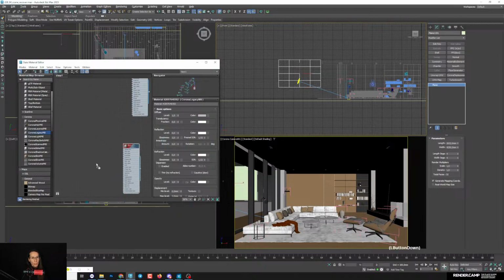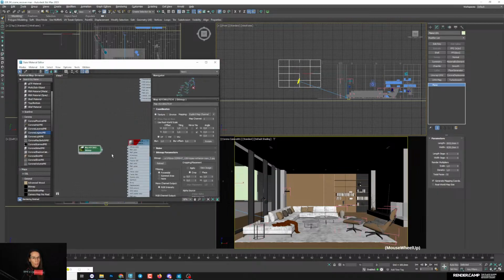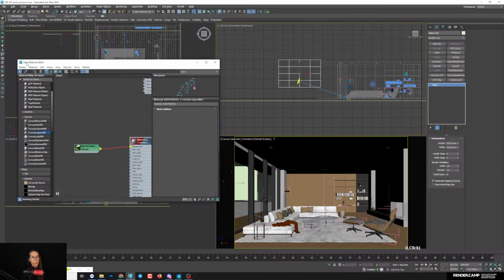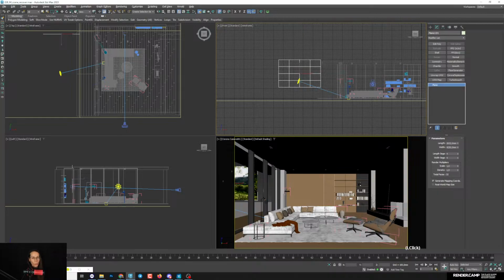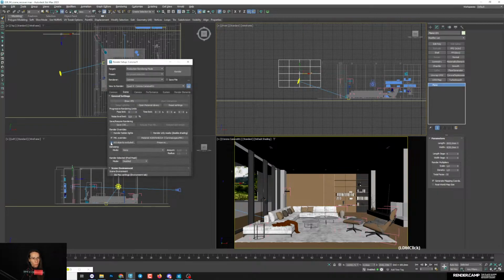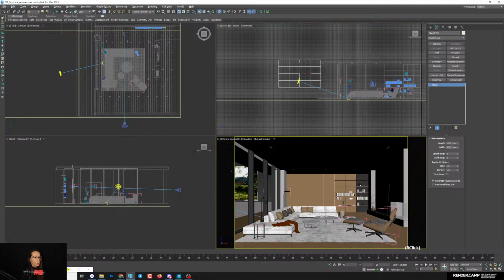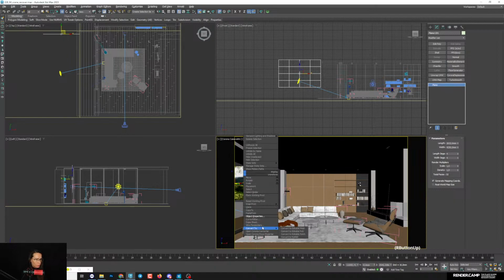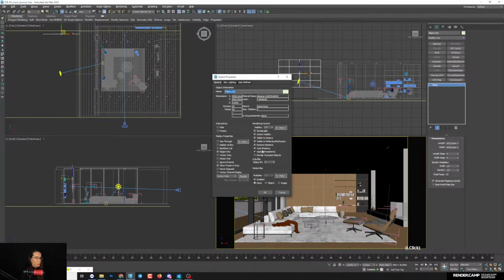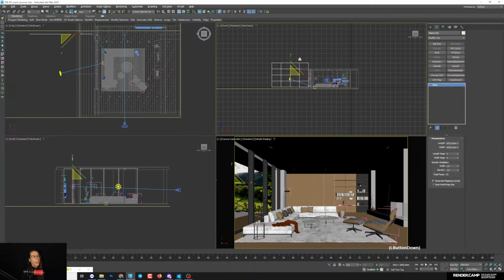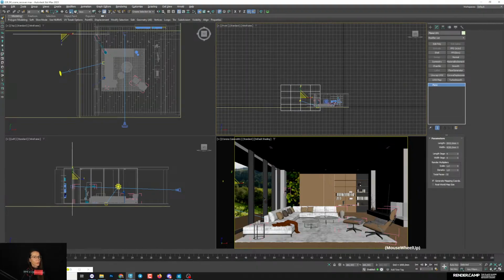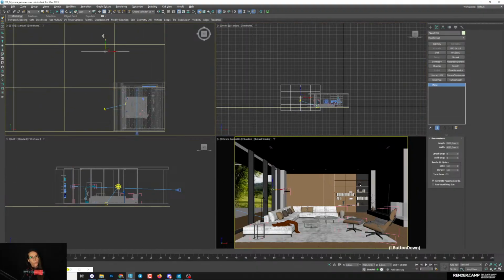I'll drag this map into the field, assign to diffuse, assign material to the plane, you can see it there, and we need to add to exclude. Also we don't need any shadows from it, so right click object properties and turn off receive shadows and cast shadows. Good. Now we can just scale it up as much as we want, and also better to move it